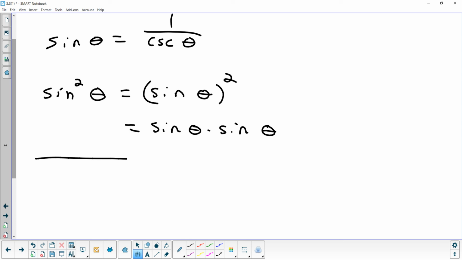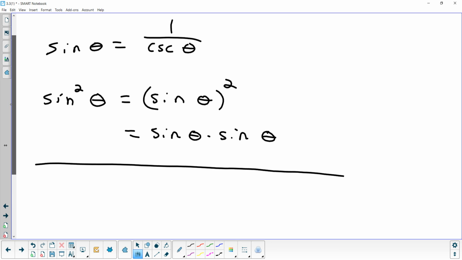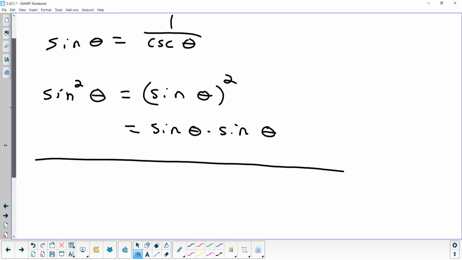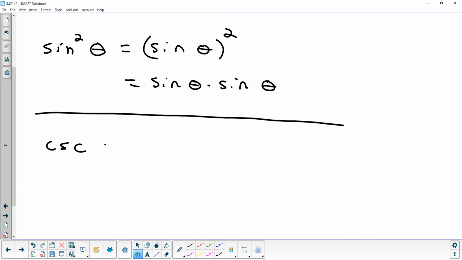Let's say I wanted to figure out that. Can someone remind me again, which trig function do you flip to get cosecant? Yeah, the cosine? If we flip the cosine, that's going to give me the secant. Which trig function do I flip to get cosecant? Yeah, sine. Okay, that's what we just wrote on the other page. So now,